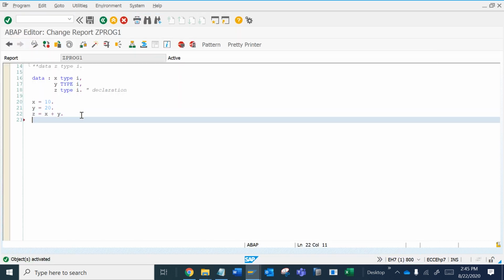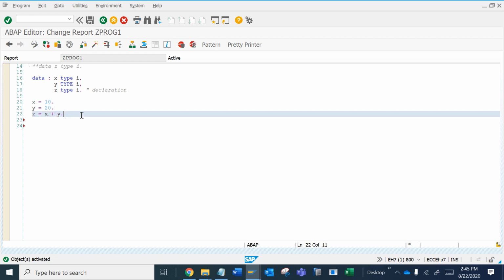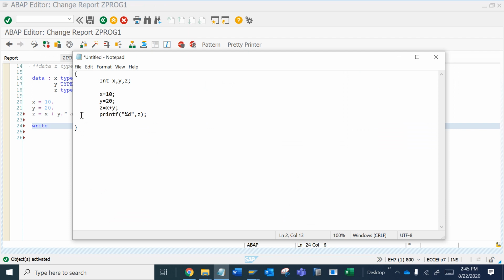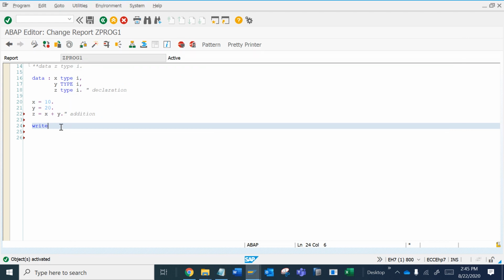So now this is our addition. Now we will do display. To display, in C language we use the printf keyword. In C++ we use cout. Here in ABAP we use the write keyword.